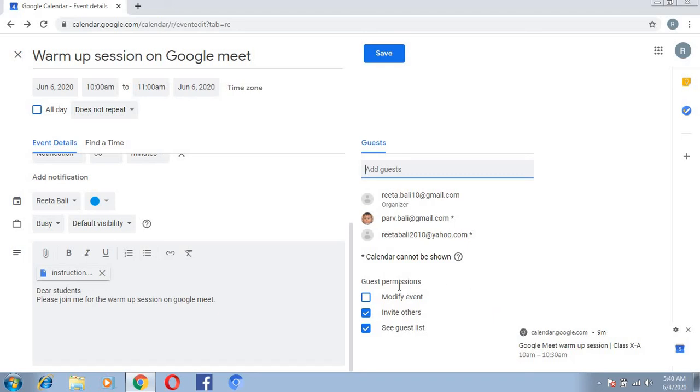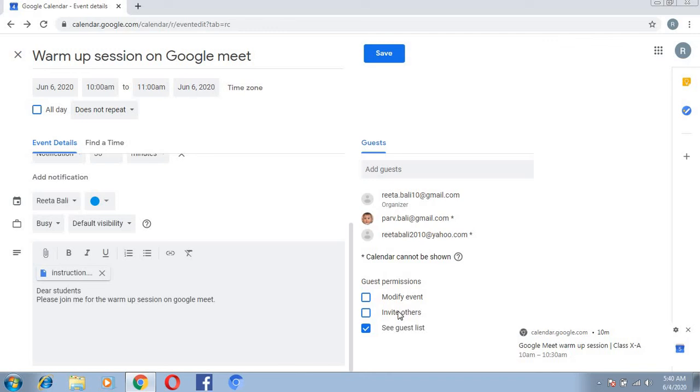After that you can see this guest permission. These are the permissions which the organizer gives to the guest. For example, if you want that guests should be able to modify the event, then you can give this permission by clicking on this. But I think there is no need to give this permission, so I will not opt for this. Then if you want that your guests should invite some other guests also, then you can give this permission.